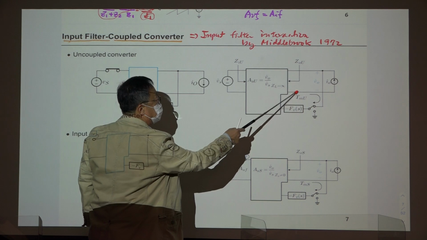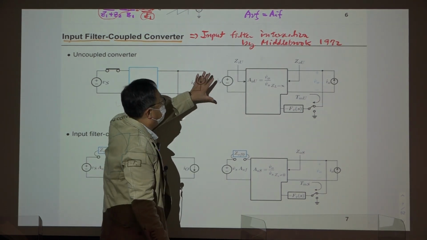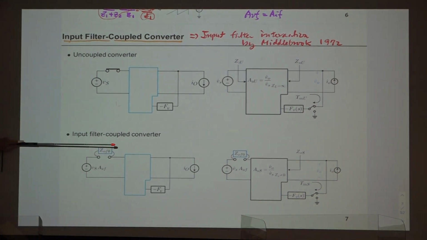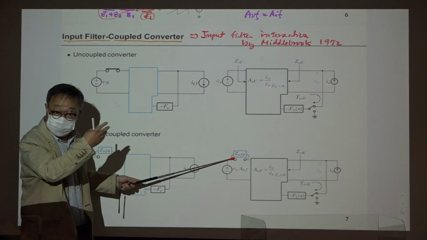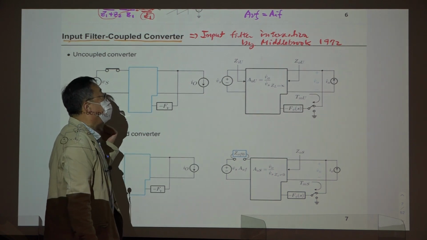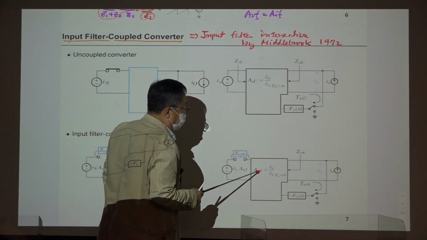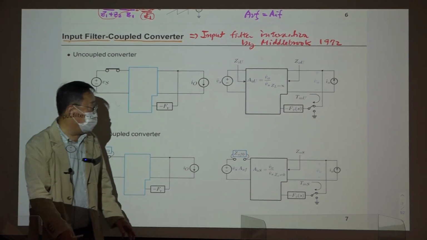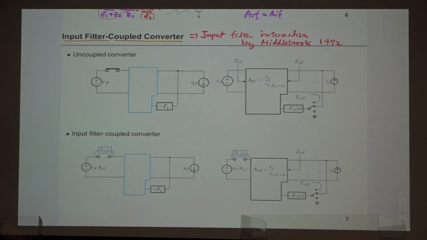Output impedance and loop gain are directly related with the stability of this converter, and this GIU is related with interaction coming from the source system side. So now you have an input-filter coupled converter, and GOF0, which is just a parallel combination of two impedances, a series impedance element and a parallel impedance element, is called the source impedance. So you have this GO0 and this attenuation from here to there, and this output impedance and loop gain, and this impedance remains the same. That is our only interest,